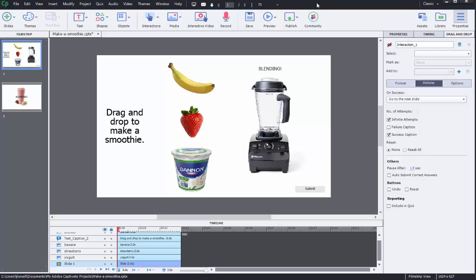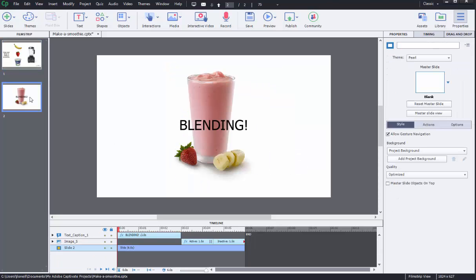In this video, I'm going to show you how to jazz up your drag and drop interaction in Captivate a little bit by automatically moving the interaction along to show an image at the end instead of just a success caption. So I've already set up my drag and drop interaction in Captivate, and I've already set up my next